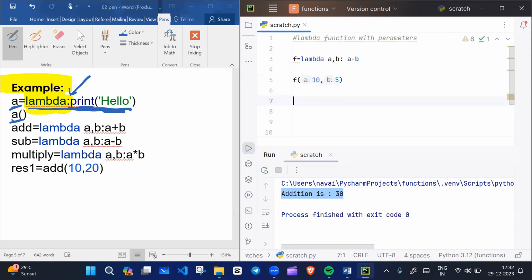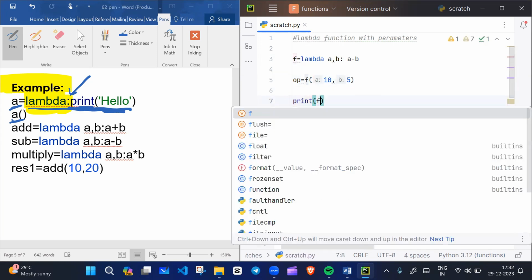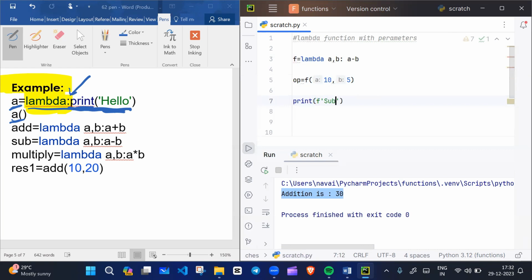Then this function returns an operation. The operation is subtraction. Okay, so I can print now, I can print subtraction is,